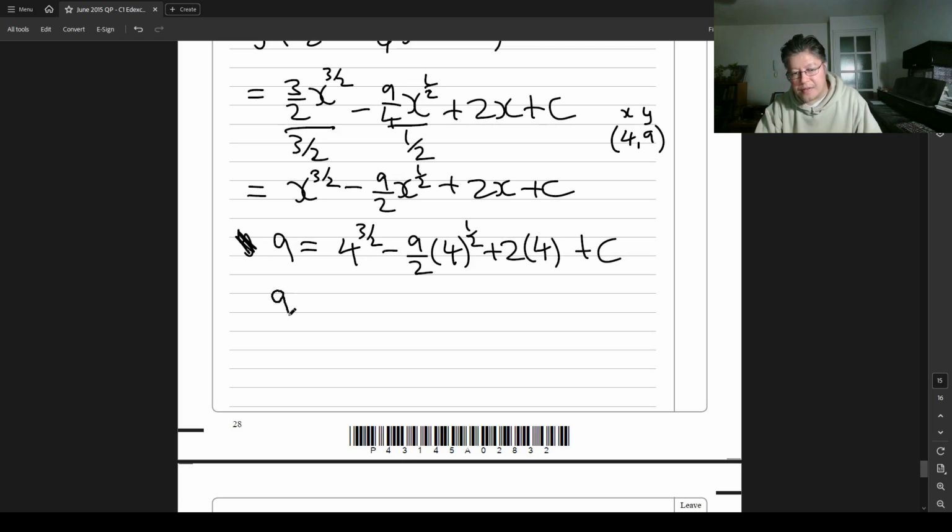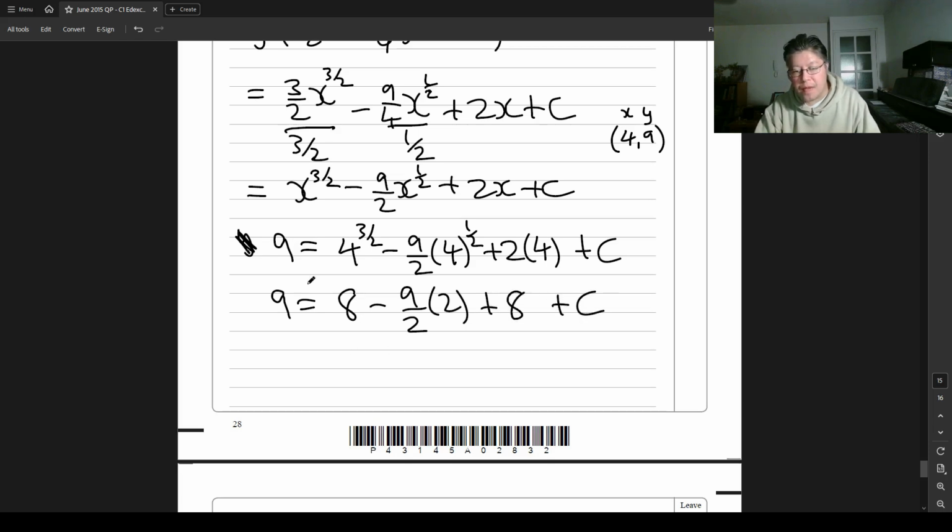So this simplifies to 9 equals, now power of 3 over 2 means you take the square root and then you cube it. So if you root 4 you get a 2, and then 2 cubed is an 8, minus 9 halves, and 4 to the half, that's root 4, which is a 2, plus 8 plus